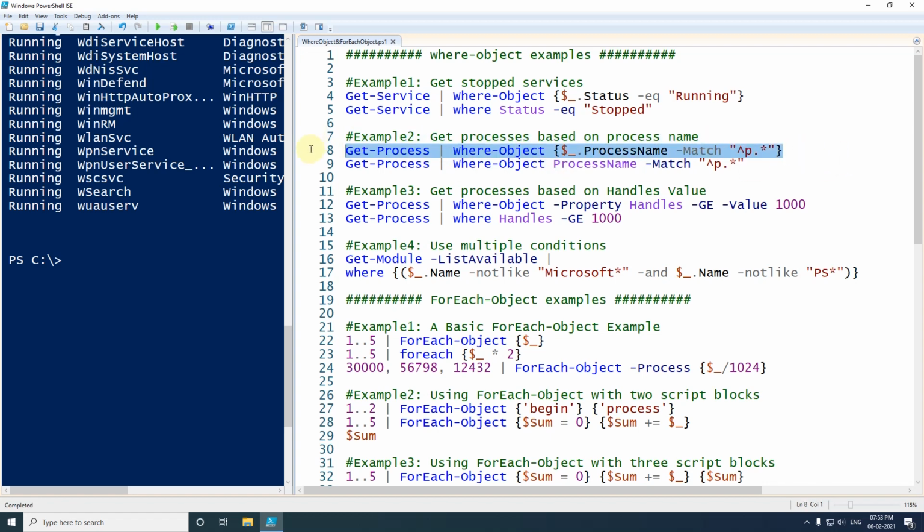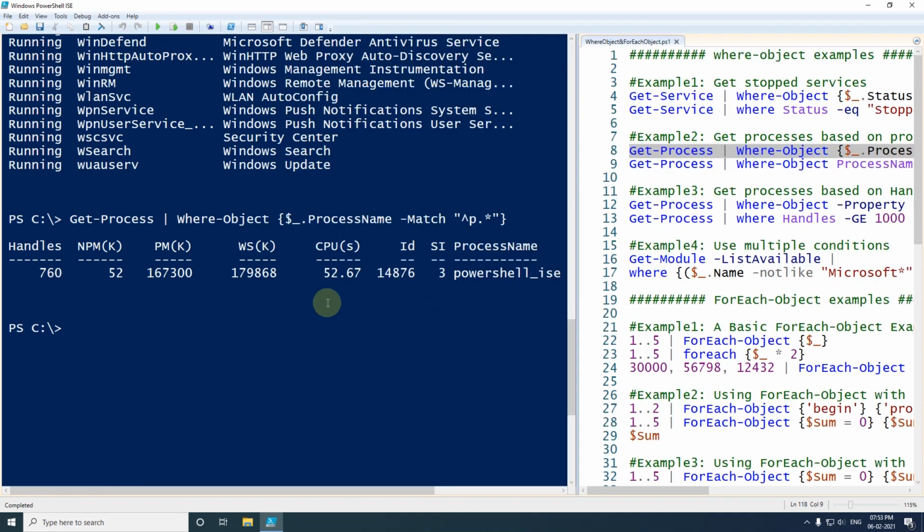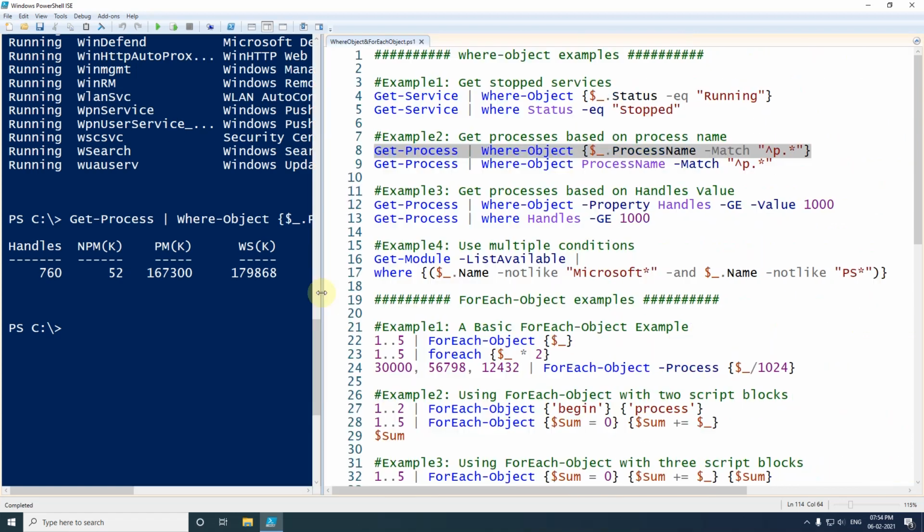If I execute this one, you can see that whichever process starts with P, we have got PowerShell_ISE. Since only one process starts with P, that is the reason we have got a single row here. If it matched multiple objects, then we would have got multiple rows here.